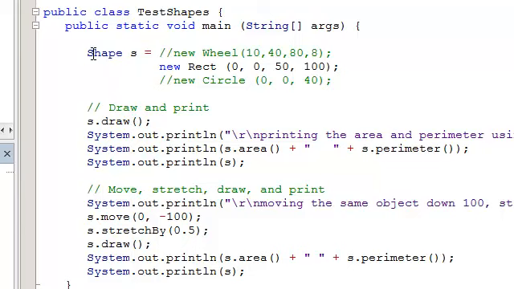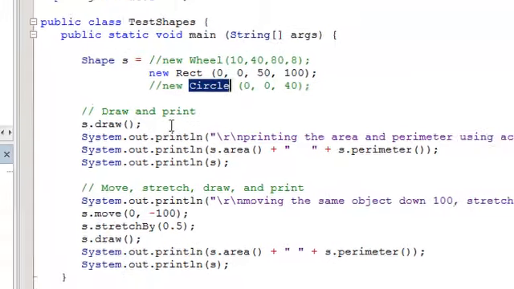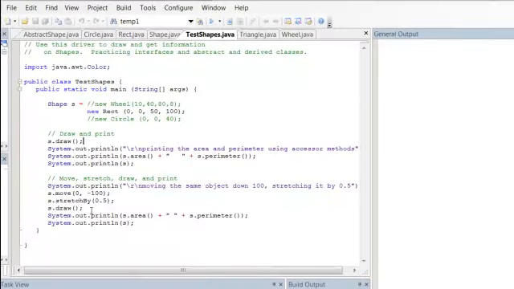A wheel is a shape, a rectangle is a shape, a circle is a shape. So the syntax of this is correct. No problem there. The way that we've done it generally like this, we can have S be a shape, and then when S calls its own draw method, it knows what to do. If it's a wheel, it knows how to draw. If it's a rectangle, it knows how to draw. If it's a circle, it knows how to draw. And then we just print some general things